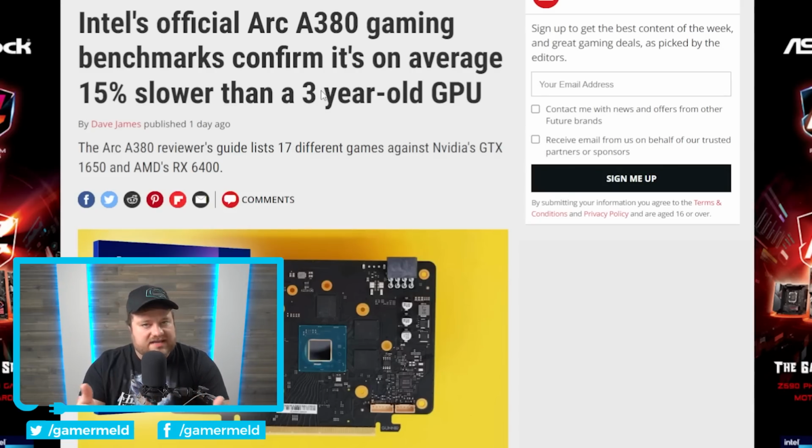And obviously, while yes, this is one of their lowest end models, it is still pretty disappointing. I mean, 15% slower than a GTX 1650. Now, that could boil down to it just being issues with drivers still that they're having, and of course, they released it in China first for a reason, but at least to me, given this is officially released, yes, it's only in China, but it still is released,